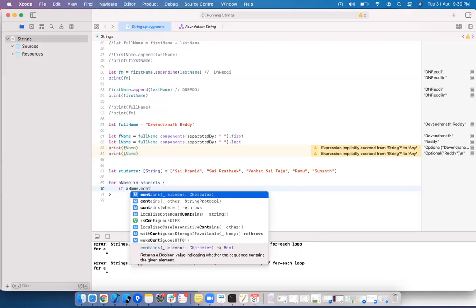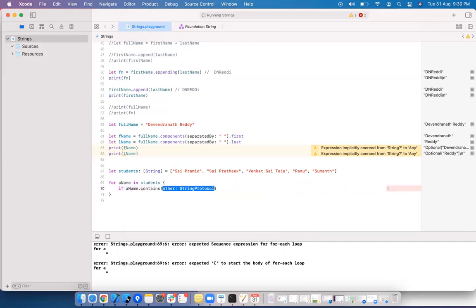We have seen has suffix, has prefix, but those check only the beginning and ending. Now I want to check the complete string.